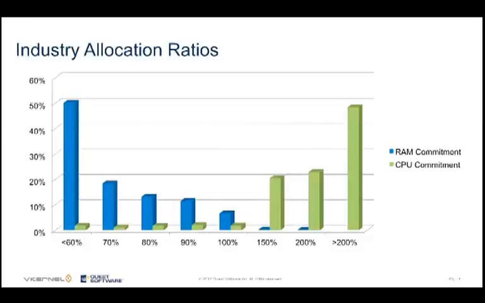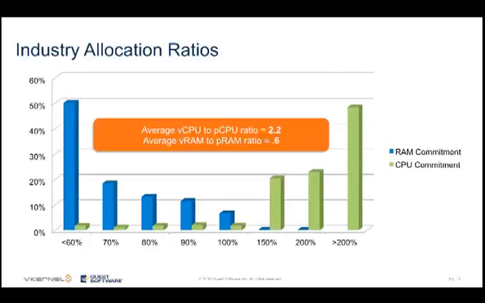So another part of our study, where we did it across 500,000 virtual machines, 2,500 virtual environments, as you go from left to right, you see that the green bars get larger and larger. That is how well people are committing CPU on their hardware, and you can see that they usually commit over 200%. Then likewise, on RAM commitment, people aren't really committing nearly as much of their RAM as you go towards the left. Kind of the industry average,